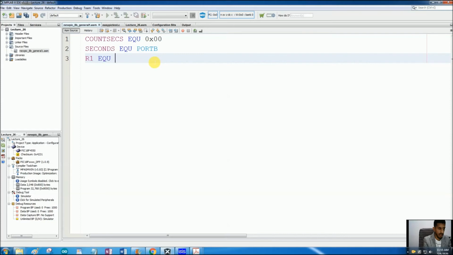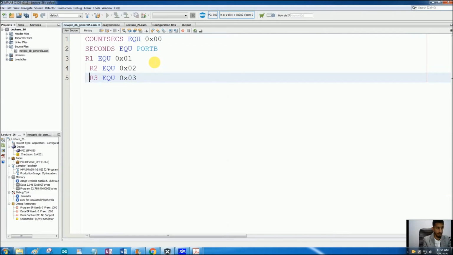R1 equate 0x01, R2 equate 0x02, and R3 equate 0x03. So we have given names to our variables for our convenience.